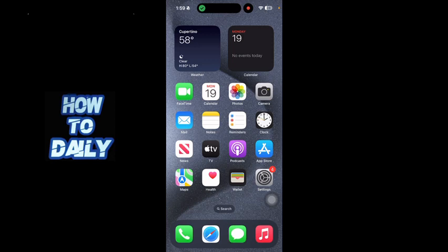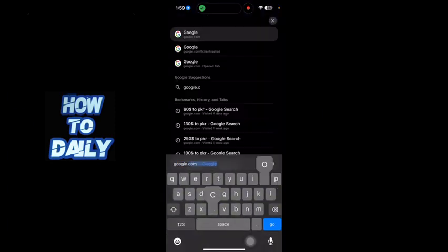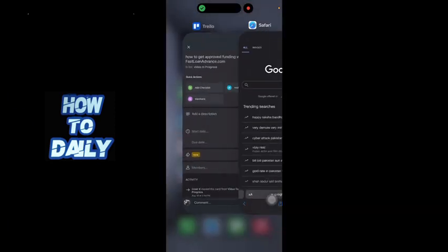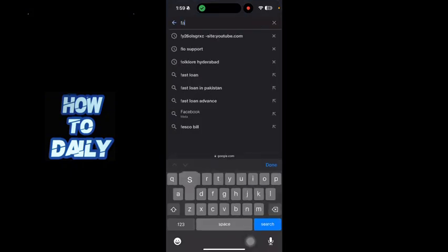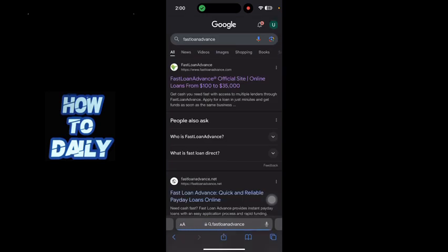Hi guys, so first of all you just have to open up your internet browser and go to google.com, and here you just have to search for Fast Loan Advance like this, and then just click on the first link, and here